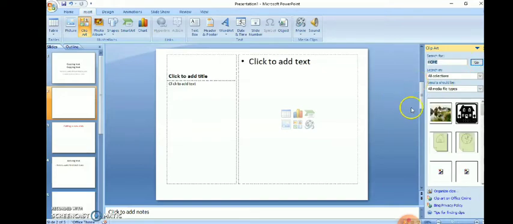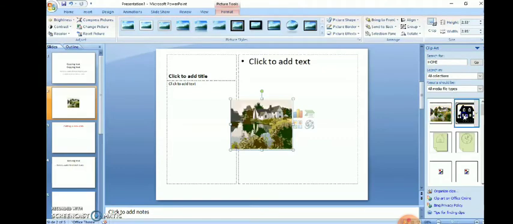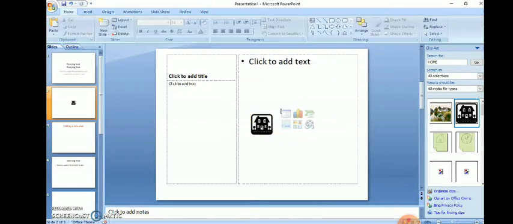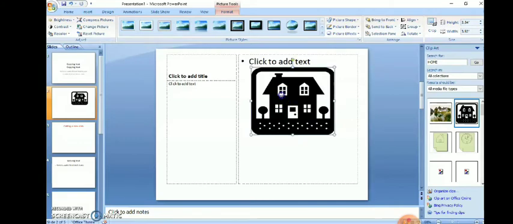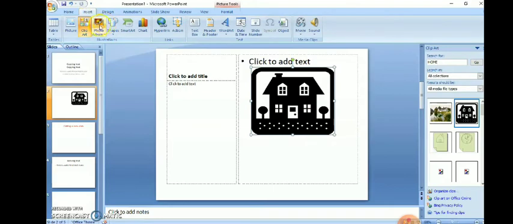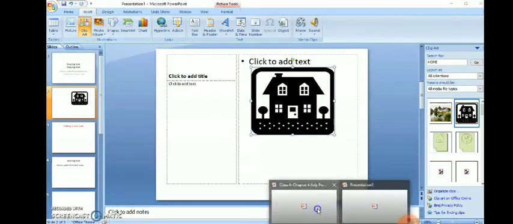Related images have come. If I hover the mouse, I can see the images. I will decide on one, remove the other, and select this one. This is how I insert an image using clip art.